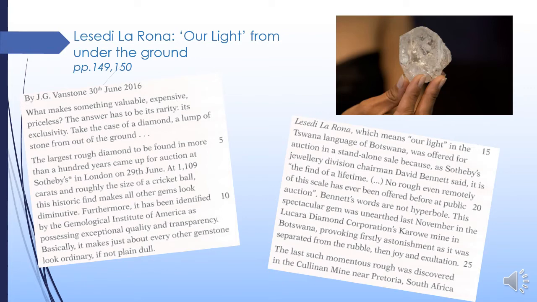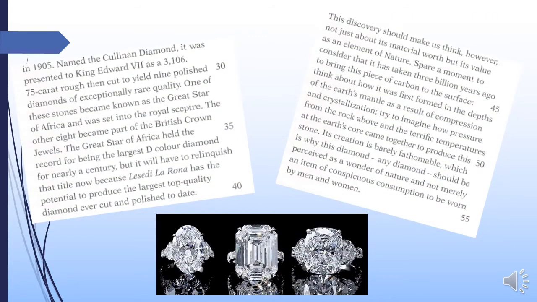This spectacular gem was unearthed last November in the Lucara Diamond Corporation's Karowe mine in Botswana, provoking firstly astonishment as it was separated from the rubble, then joy and exultation. The last such momentous rough was discovered in the Cullinan mine near Pretoria, South Africa, in 1905. Named the Cullinan diamond, it was presented to King Edward VII as a